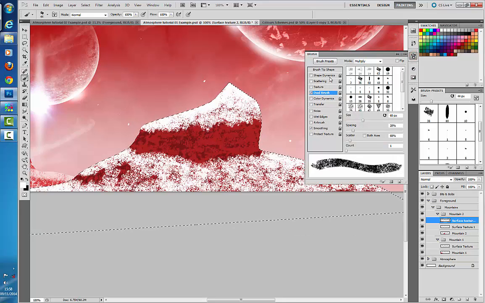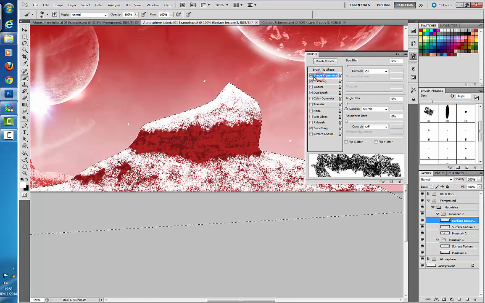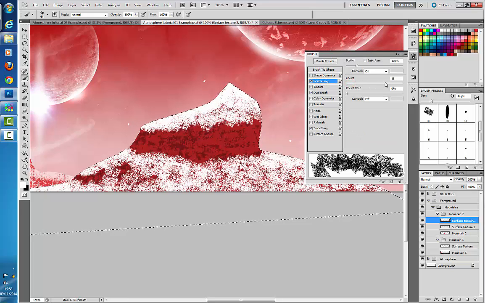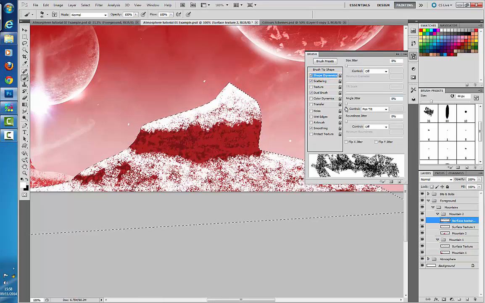And we can go to our scattering, I think, and if we put our scattering up, I'm hoping that will create some depth. And no, it's not going to do that, is it? I think there we go. Let's have a look. Okay, so if we put both axes, now it makes it thicker. Let's just have a look at the angle jitter, no. Roundness,